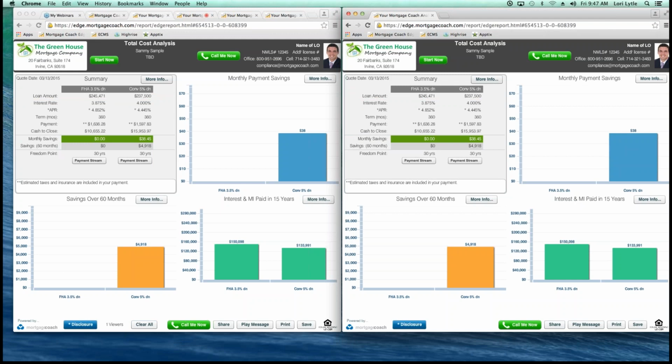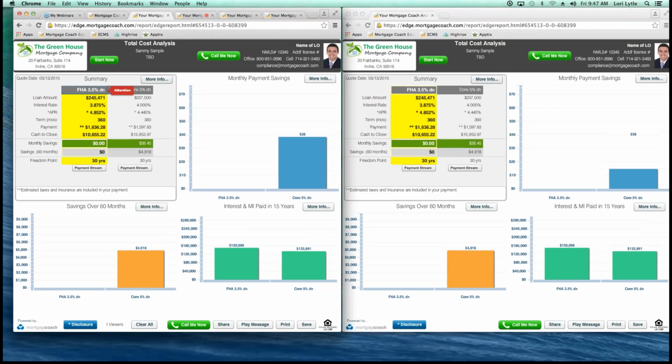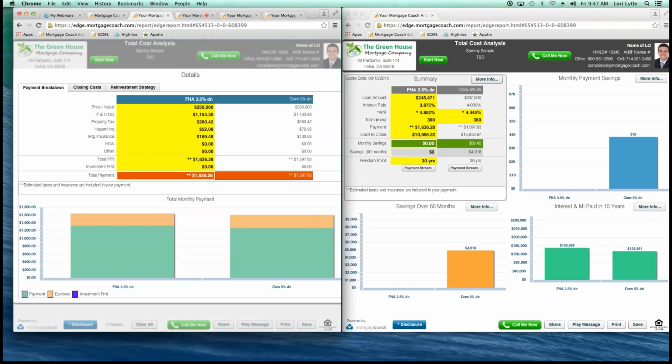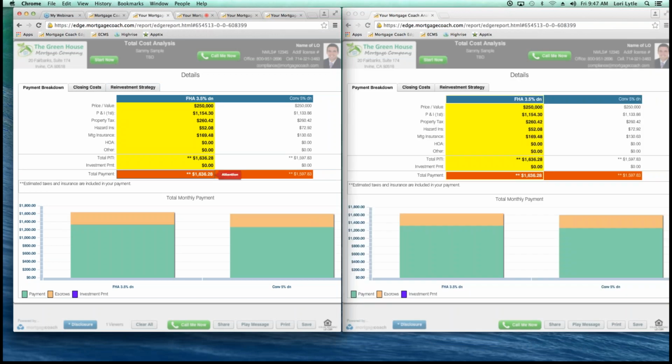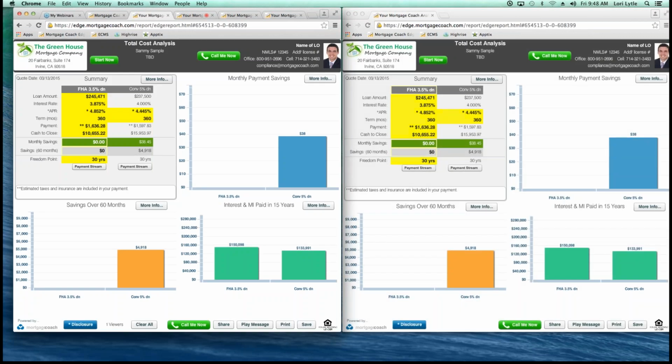So with that, you can see it side by side, and if you're on a mobile device, you can see it's being driven on the mobile device as well. You can see how you can highlight and really drive that conversation, discuss that monthly payment breakdown, and you can see on the right-hand side that it's just driving the report with the borrower. You'll be able to really have that conversation and point to the areas and answer any type of questions